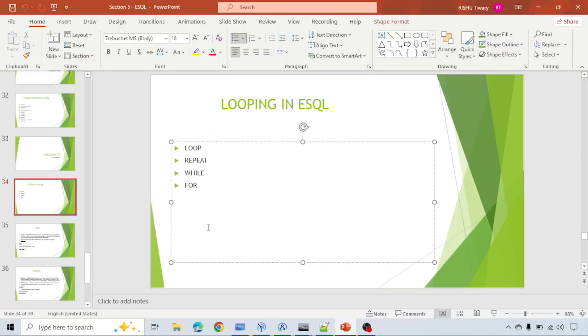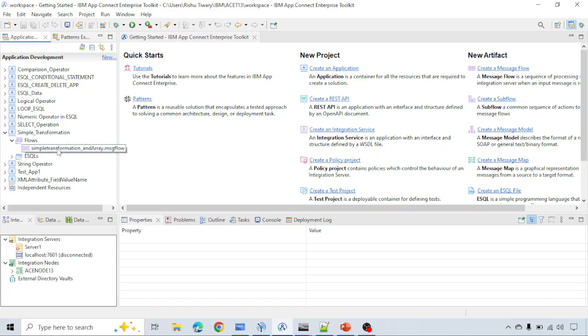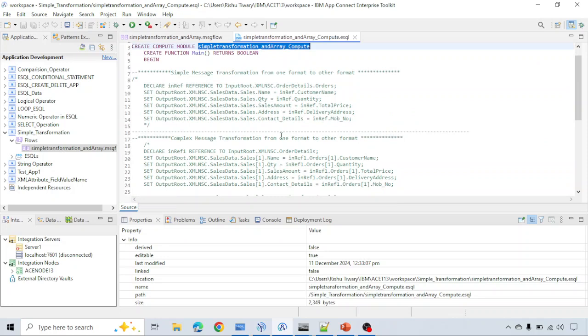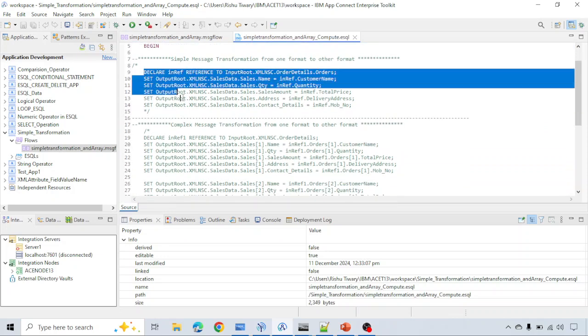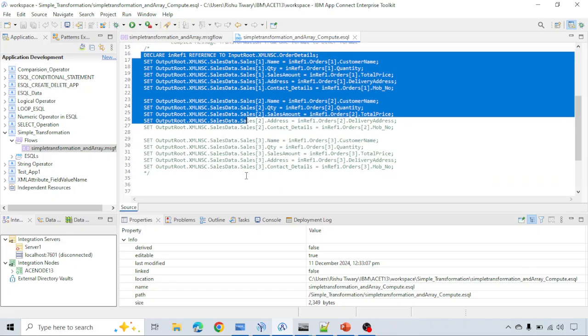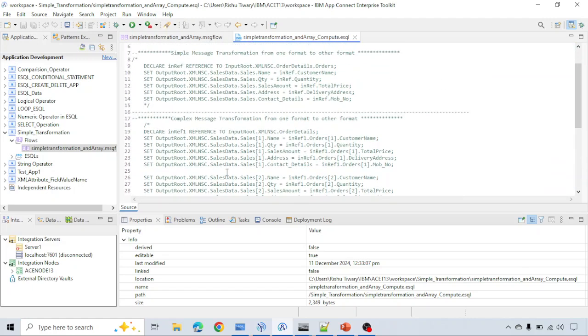Before going to understand the loop, let's go to the toolkit and understand. If you remember, in the previous classes we designed one application called simple transformation. In the compute node, you can see I have designed this flow where we did the simple transformation and the complex transformation. I am going to use the same example, and show it to you using loops,